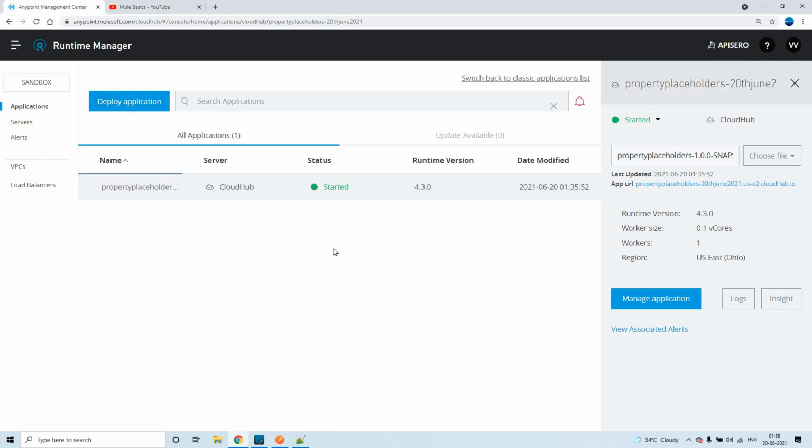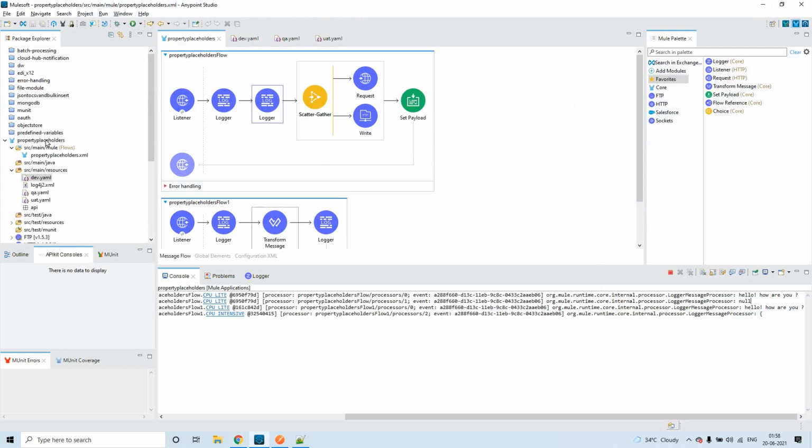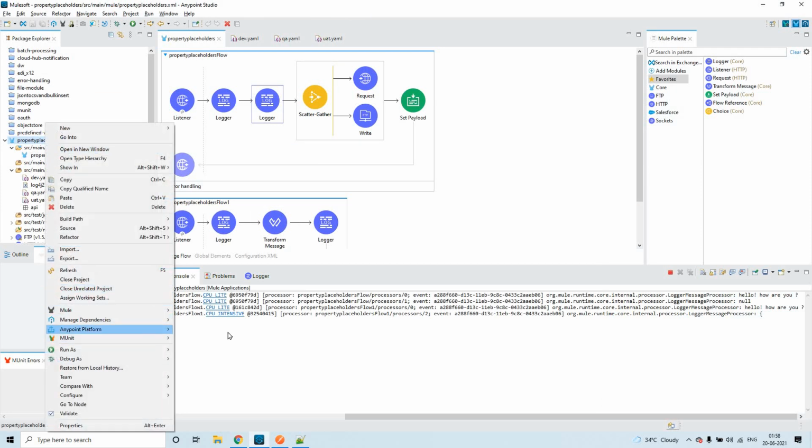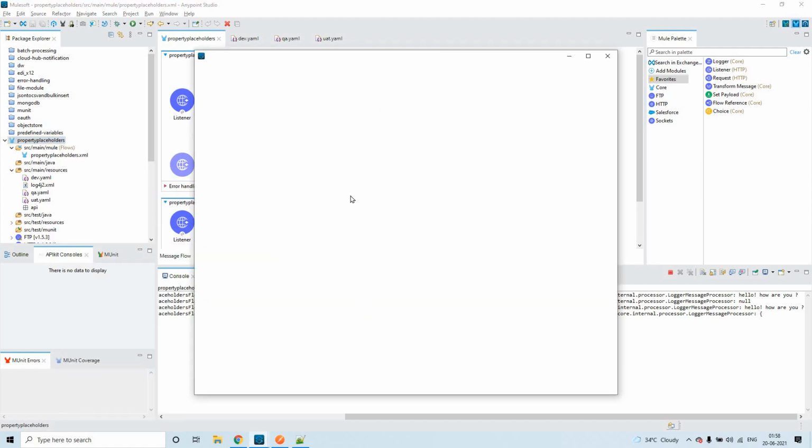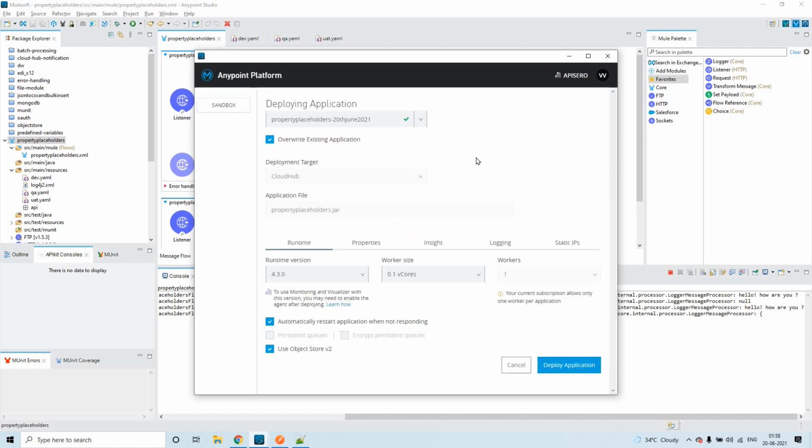So this application is already deployed. In order to deploy it, right click, go to Anypoint Platform and deploy to CloudHub. Then you have to give your Anypoint Platform credentials, username and password. Just to save time, I have deployed this to CloudHub. Let me click on cancel here. I'm not going to deploy this now.